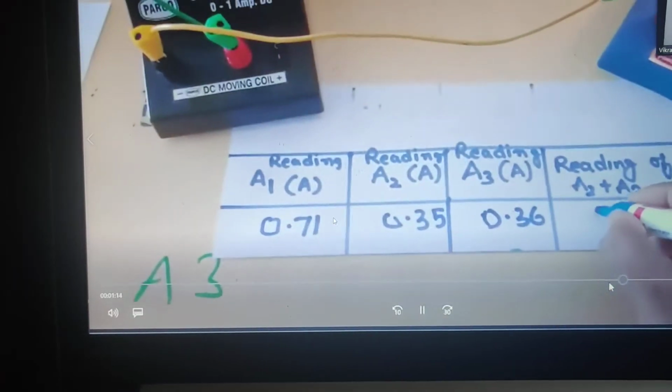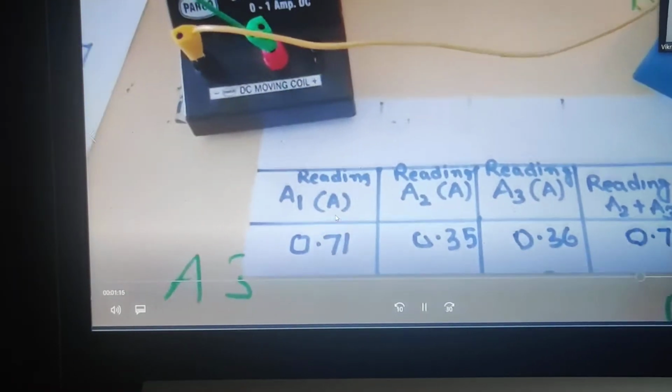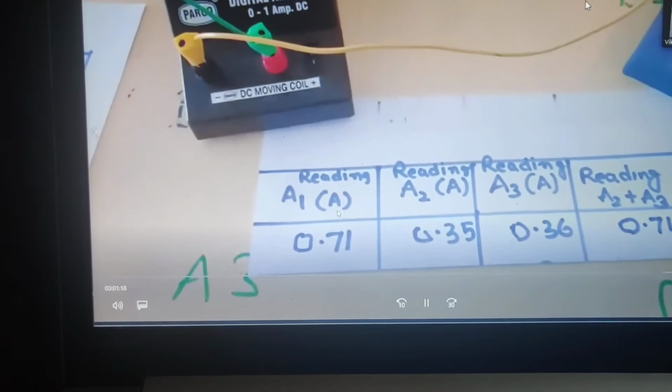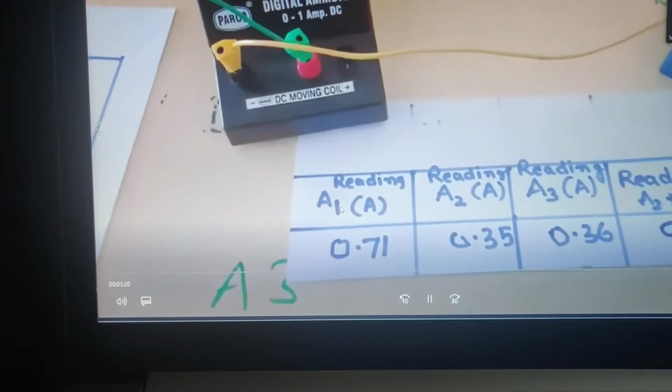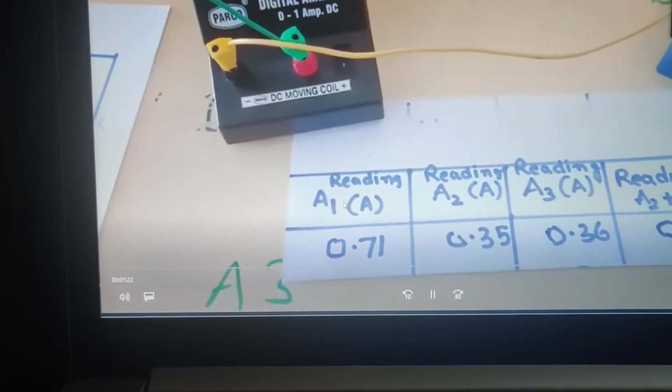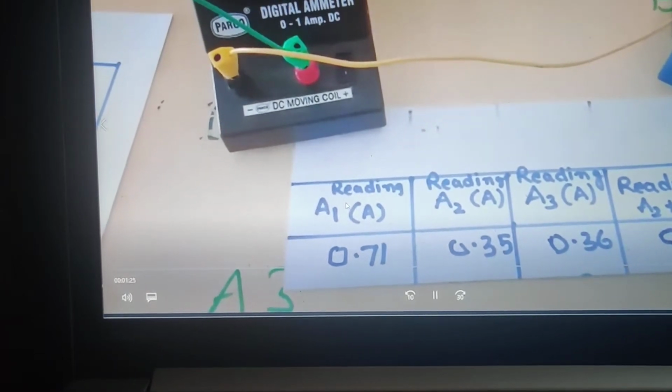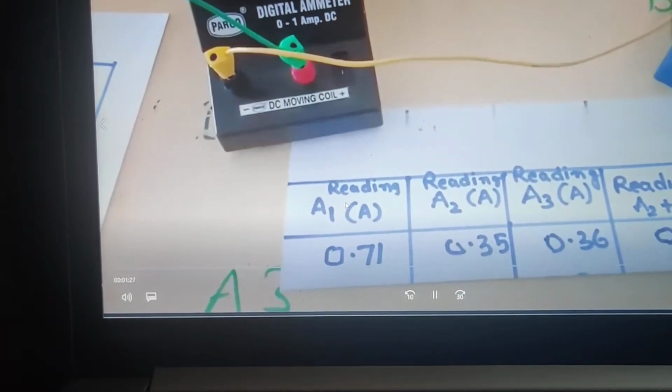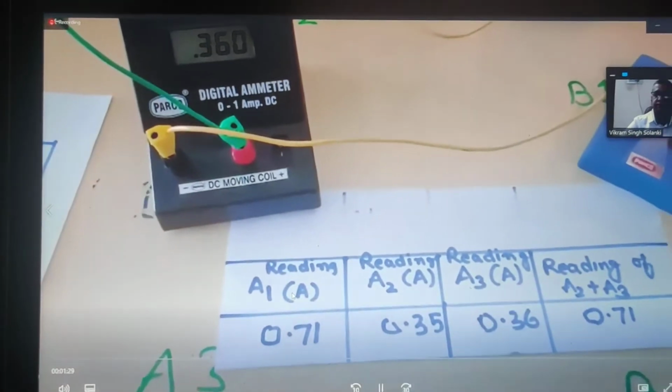So if I add them, I get 0.71, which means the current gets divided into 2 parts, and the sum of the readings of ammeter 2 and ammeter 3 is equal to ammeter 1.